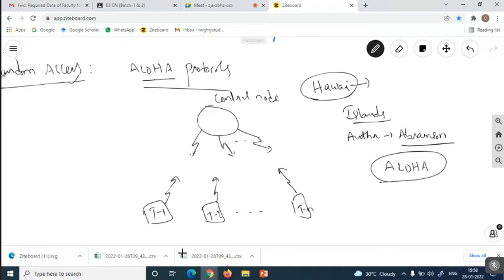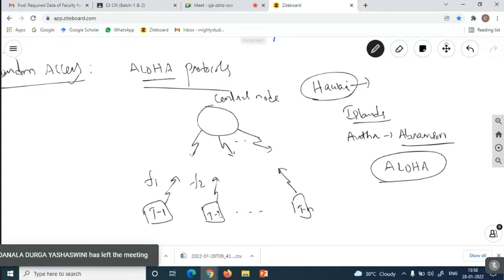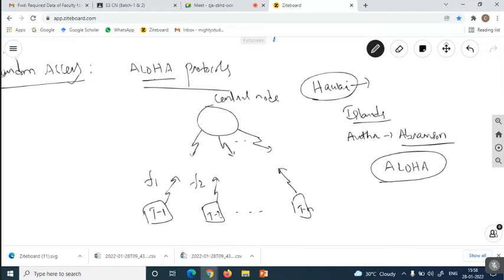The basic terminology in the Aloha Protocol is this: when a terminal sends information to the central node, suppose the terminals perform data transfer at one frequency, say f1, and the central node transfers at another frequency, say f2. The central node broadcasts the information to all the islands or terminals, and at the same time the terminals also send information to the central node.